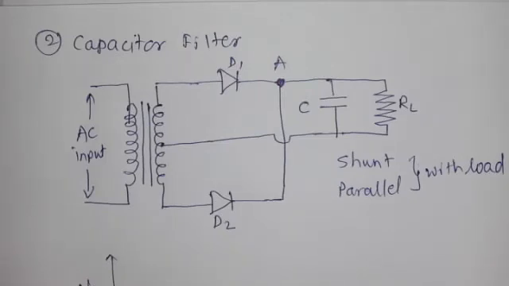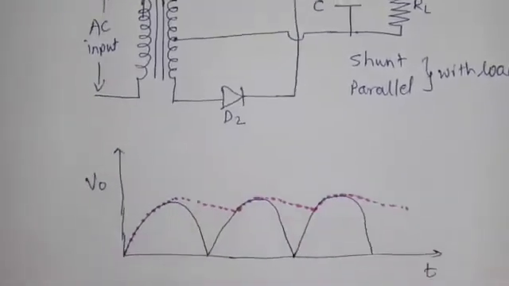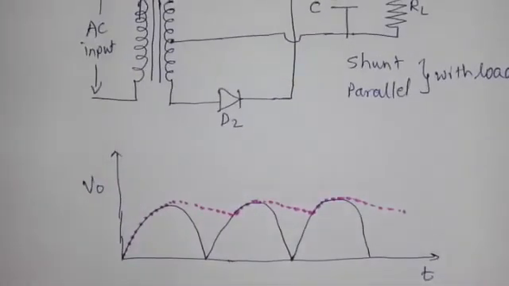Now how the capacitor filter performs, we have to see from this diagram. Here the output of the rectifier is provided, which is pulsating in nature. The dotted line shows that for the initial cycle the capacitor voltage goes on increasing up to this value. Then the AC input decreases, and that pulsating input decreases, but the capacitor takes some time to discharge, because the discharging path is only through the load resistance. Means the discharging takes place through that load resistance.